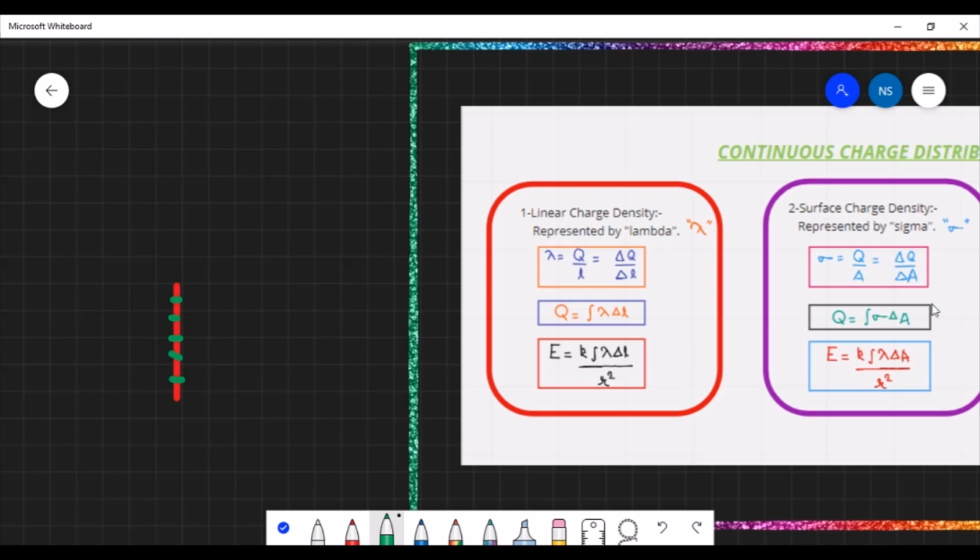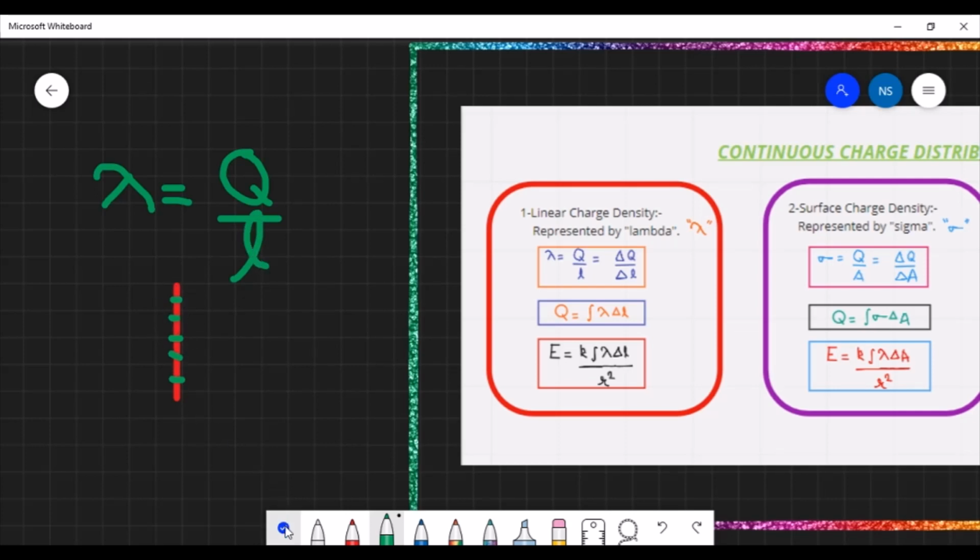Other charge distributions are like that only. For linear charge density, there will be a 1D image, and in that 1D image the charges will be distributed continuously. So that is what linear charge density is. This linear charge density is represented by lambda. It is calculated as the amount of charge divided by the length of this 1D image, or in our case,